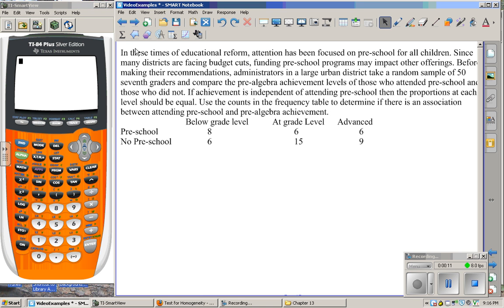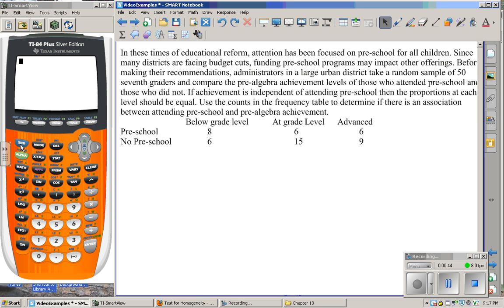Here's our example. In these times of educational reform, attention has been focused on preschool for all children. Since many districts are facing budget cuts, funding preschool programs may impact other offerings. Before making the recommendation, administrators in a large urban district take a random sample of 50 7th graders and compare the pre-algebra achievement levels of those who attended preschool and those who did not. If achievement is independent of attending preschool, then the proportions at each level should be equal. Use the counts in the frequency table to determine if there is an association between attending preschool and pre-algebra achievement